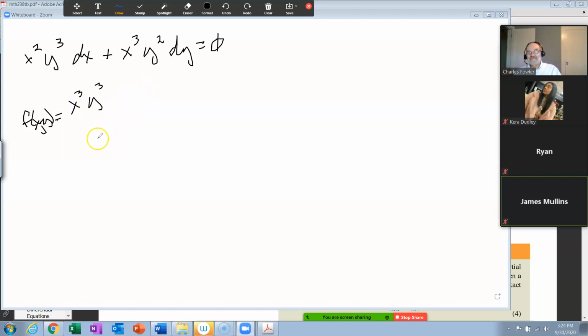Now remember, if we were doing a differential of that, that's a product rule, and that would be, so we'll say d of f, and it really doesn't matter which one we do. We're going to do it in differential form. D of f would be 3x squared y cubed dx